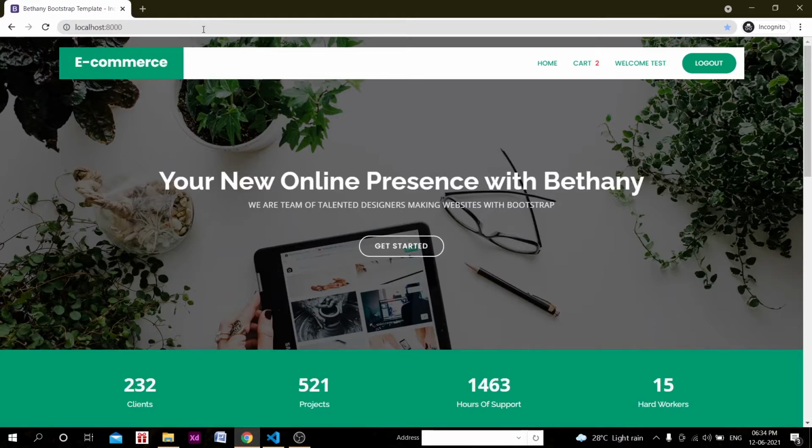So far, up to the previous video, we were able to display all the products in our cart. We were able to do the checkout process. We were able to complete add to cart functionality. We have integrated the payment mode of Razorpay. Now we have done a lot of different things. Now it's time to cover the rest of the things, like the deployment process, in the coming two videos.